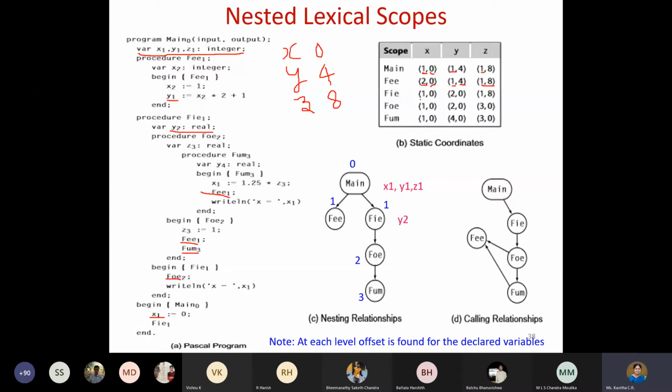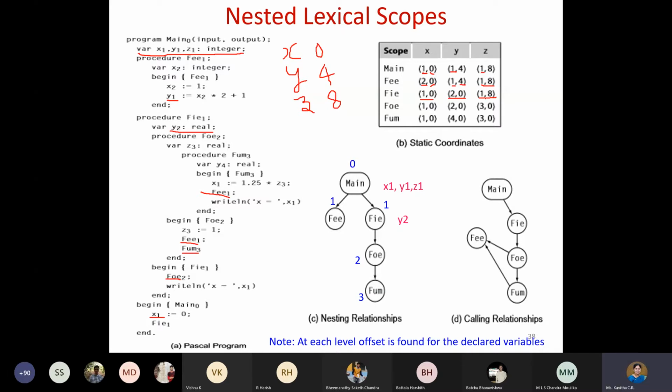So for the FIE function, x will not change and z will not change. Only y is going to change. Therefore, the level has been increased for y, that is 2. That's why we are calling it y2. And what about this offset? We are going to start the offset at 0 because that is the first variable. Suppose I had x before, I would have taken x2, then I would have taken 0 for x2 and 4 for y2. But now we don't have the x variable, we have only the y variable. That's why the offset for y remains 0. It is not 4 now; the offset has been changed and the level also has been changed.